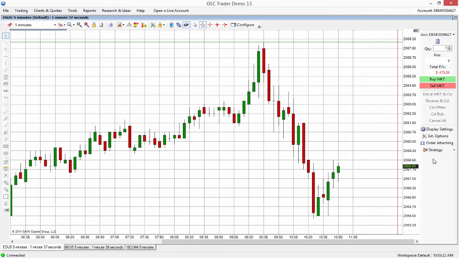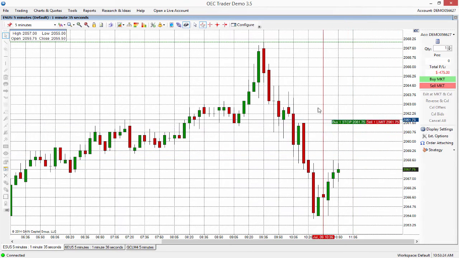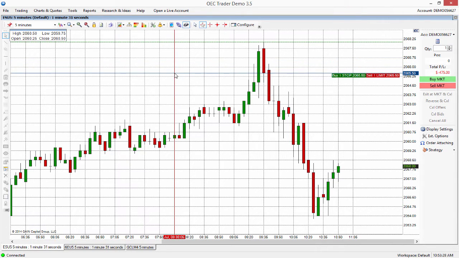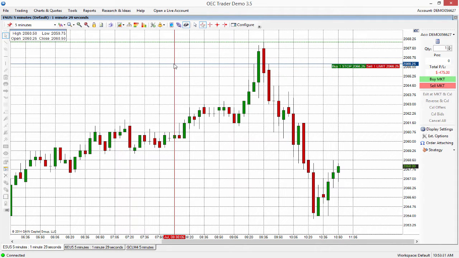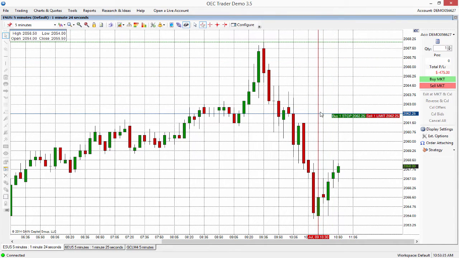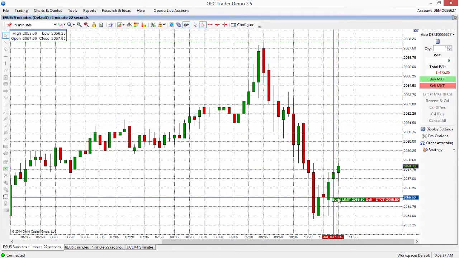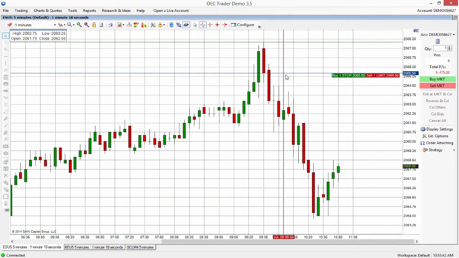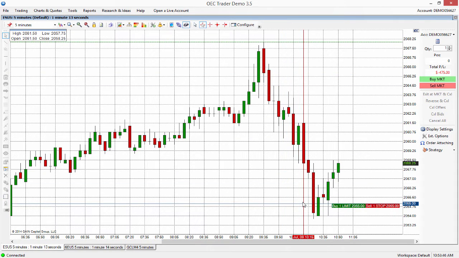So let's go ahead and look here on our chart. As you notice, when I mouse around here on my chart, I now have some tabs that are showing up here on the right hand side of my chart. So I have buy stop and sell limit since I'm above the market. If I were to go below the market price here, you'll now see I have buy limit and sell stop options. So if I wanted to place a buy order, for example, a buy limit at this 20.55, what I would do is mouse down to that price level here, approximately, with my chart,